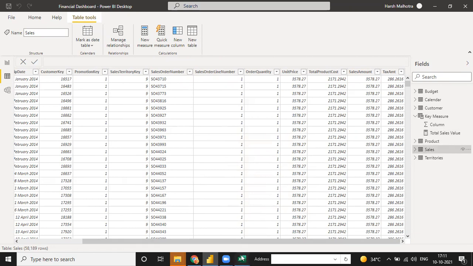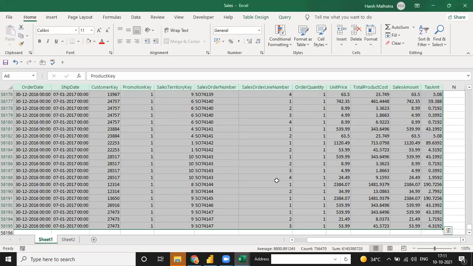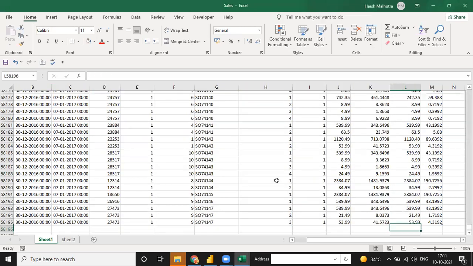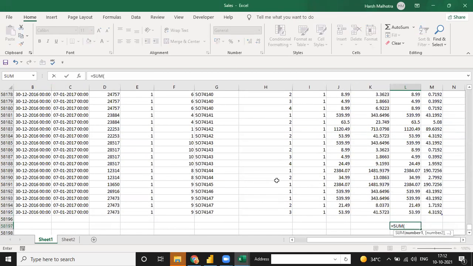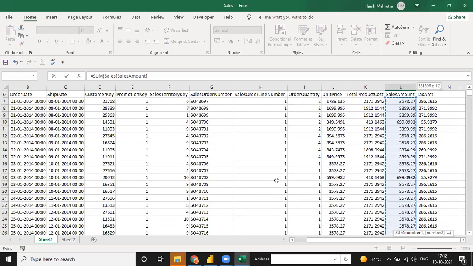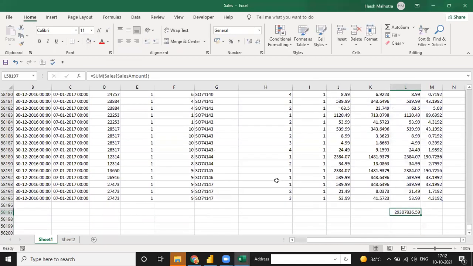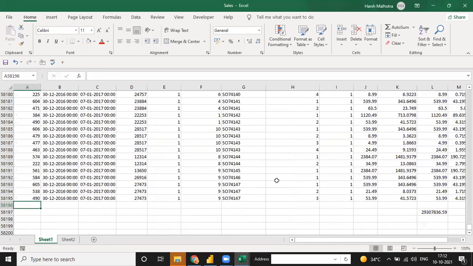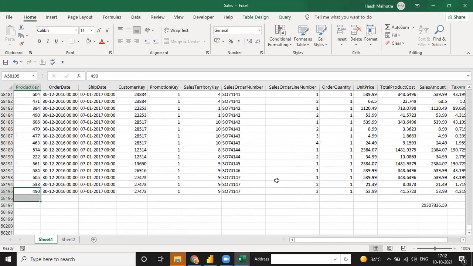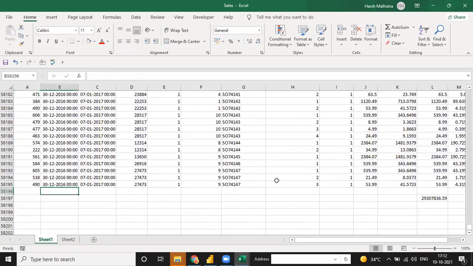But in Excel, this sheet, sales amount. This is your sales amount. If you want to add this sum and make the range, see the range is sales amount till the range. You have put the range here, but in the DAX function in Power BI, you don't put the range. You put the row context. Row context means if you add a row in the Power BI desktop, your sales value is automatically increased by adding this row. So that is the reason that in DAX we should use row context and filter context.